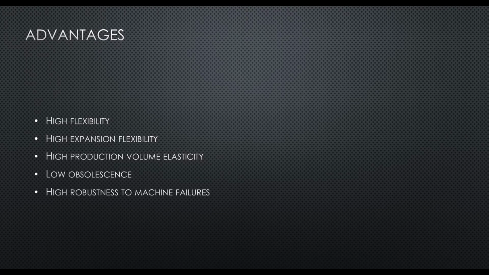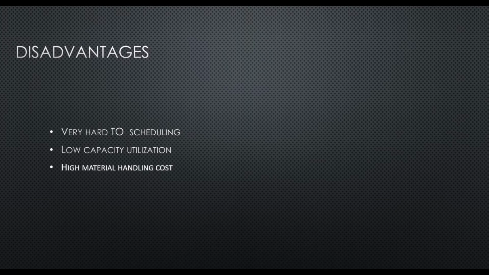Now we will see what the disadvantages of any job shop production system are. The first disadvantage is that it is very hard to schedule the machines and the tasks. And second is low capacity utilization. The third one is high material handling cost. Why? Because based on the customer requirement, we want to produce different varieties of new products, meaning product line extension. Further, it leads to high material cost. And fourth is high production cost also. And the fifth and last one is a high level of work in progress inventories. These are the disadvantages of any job shop production system.